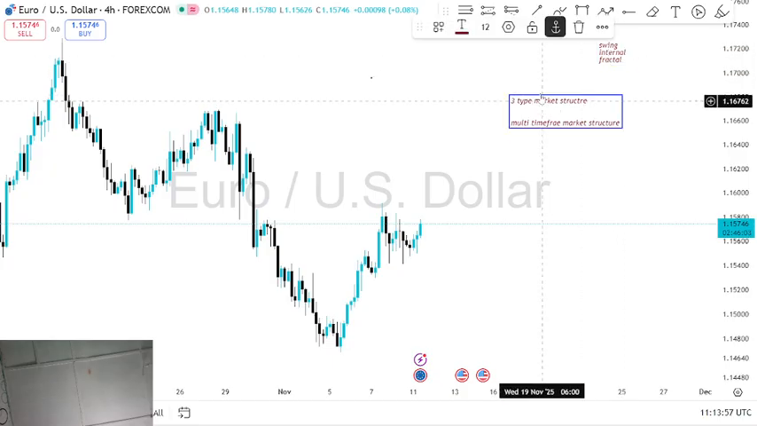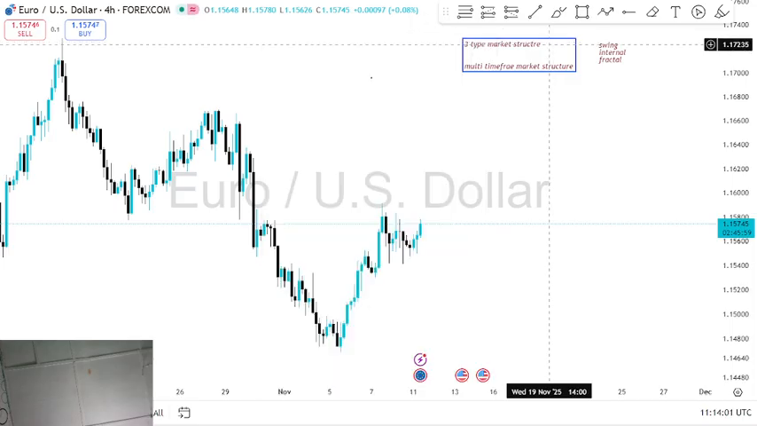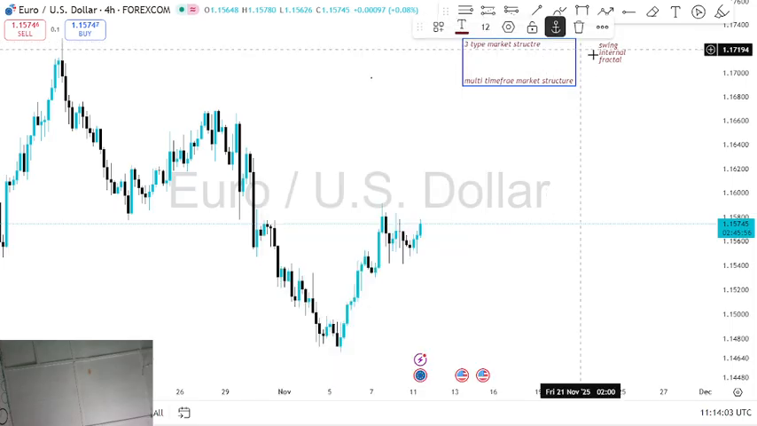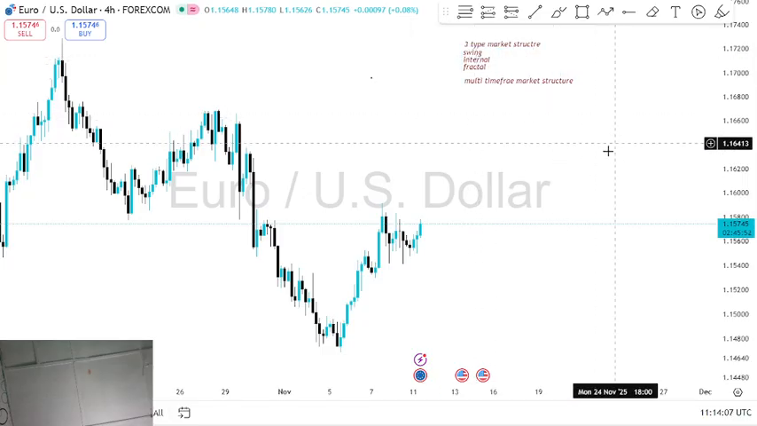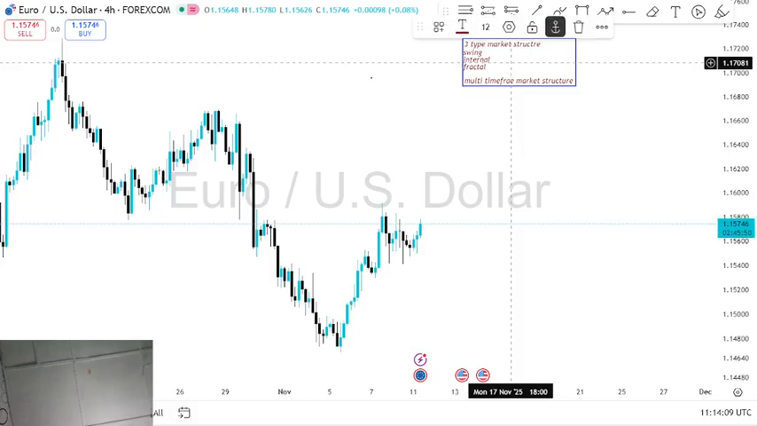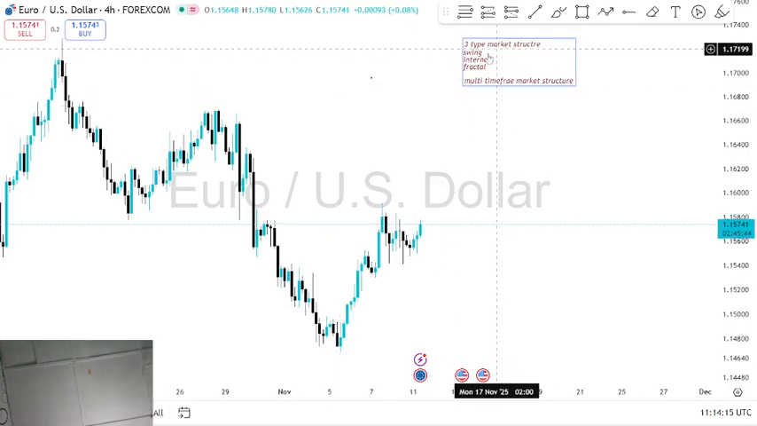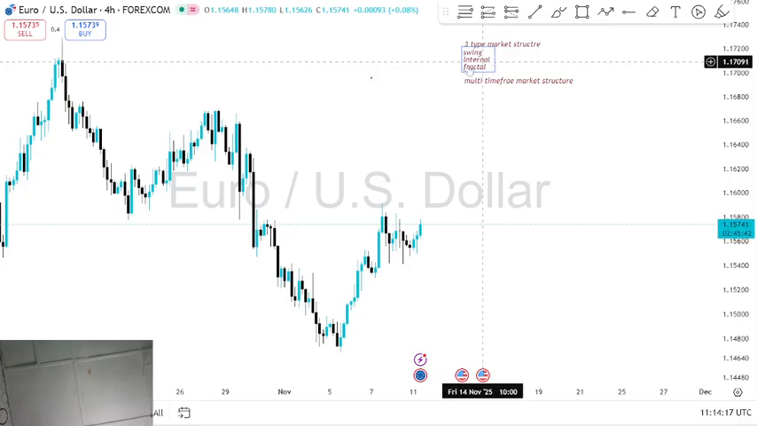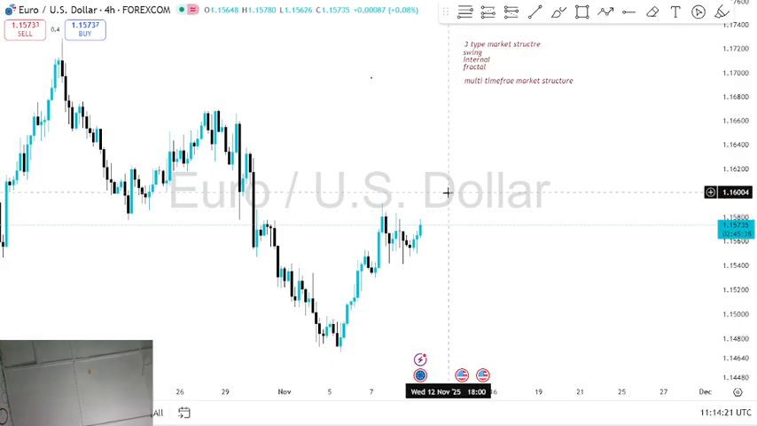So we are building on what we are learning here. Looking at what we've seen, what we've drawn, what we've written, we have swing structure, we have internal structure, we have fractal structure. And I think already you can identify